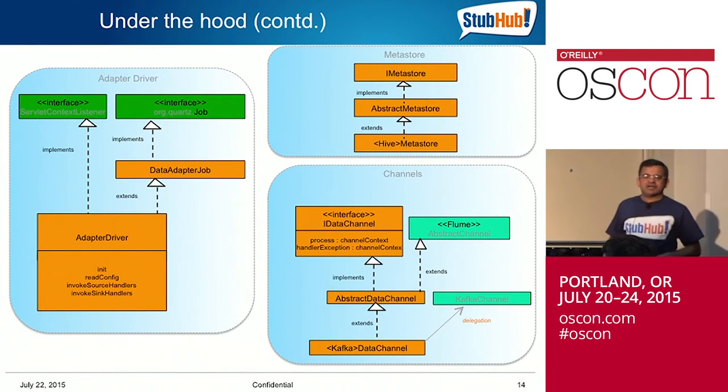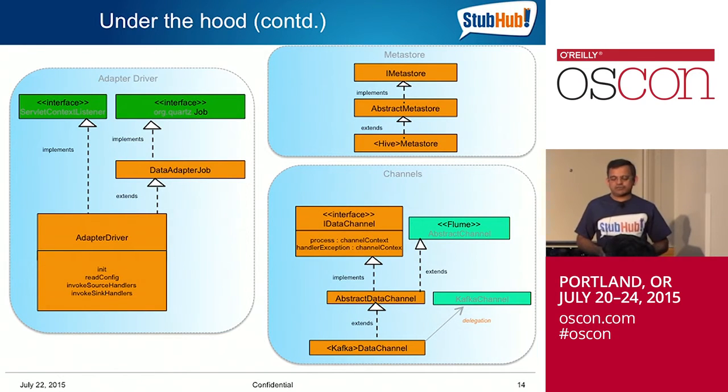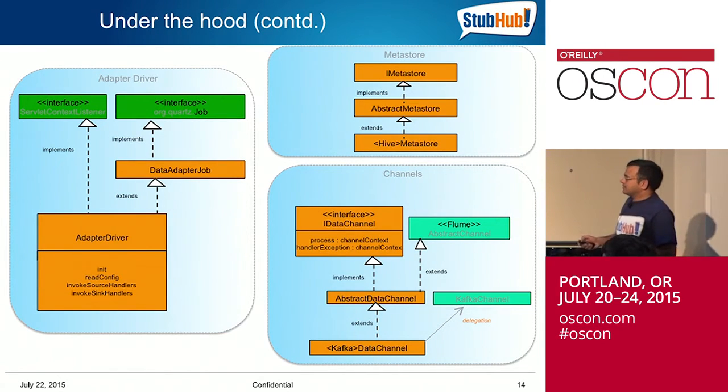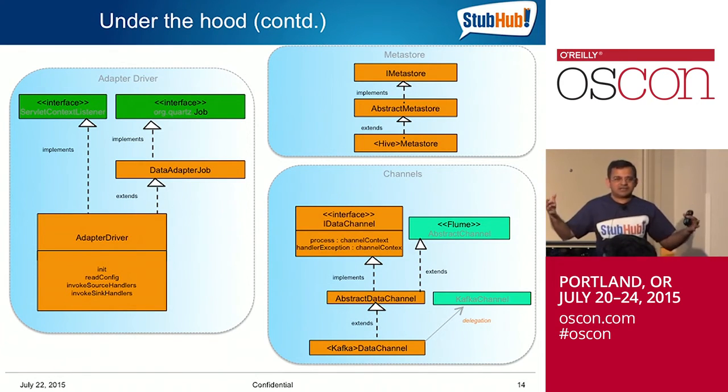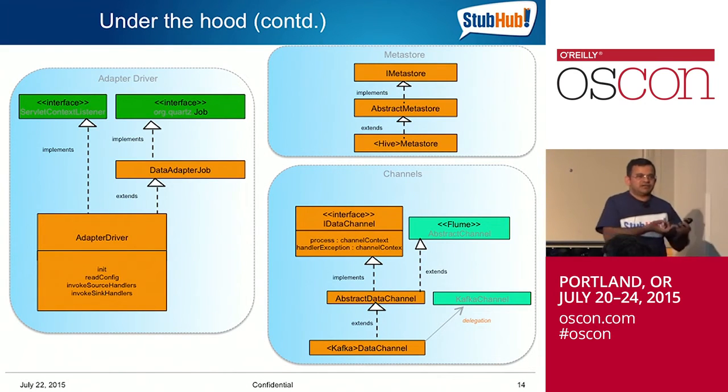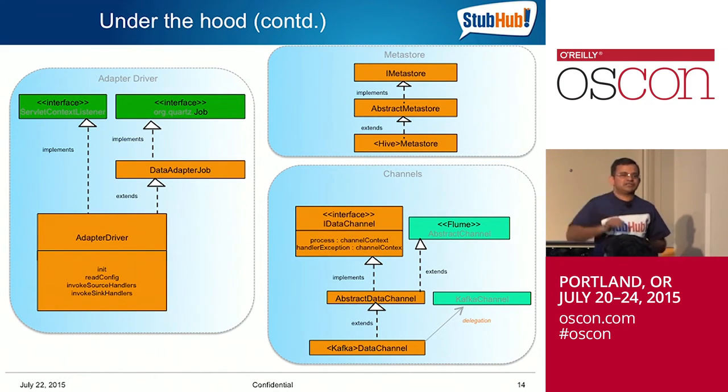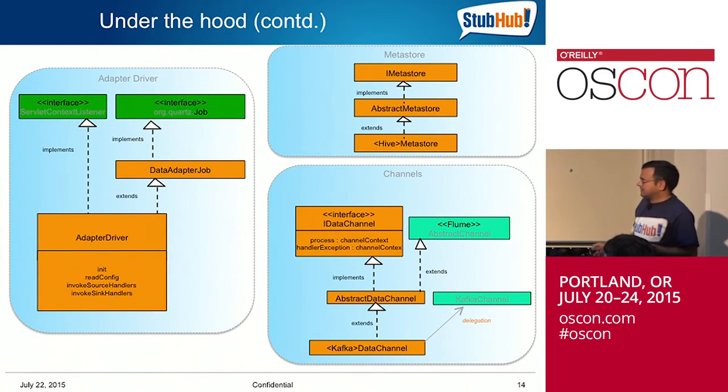That's what the previous slide was showing, sources and sinks, right? And here, let's talk about the channels for a second. Normally, any source which is reading the data, after it processes and all of the things that I talked about, ultimately has to write to some channel so that the sync handlers can read from the channel and write to HDFS or whatever destination you're looking for. And as you probably are guessing, we did the exact same thing for channels too. We're leveraging the existing interfaces and building those capabilities I talked about as an extension on top. We've got our own data channel interface and abstract classes, but delegate that.